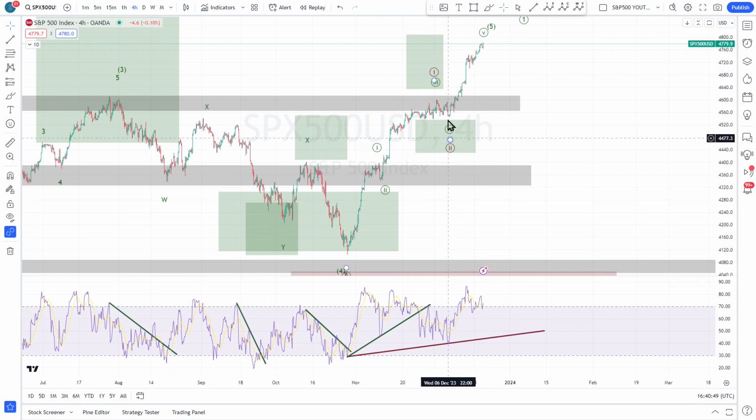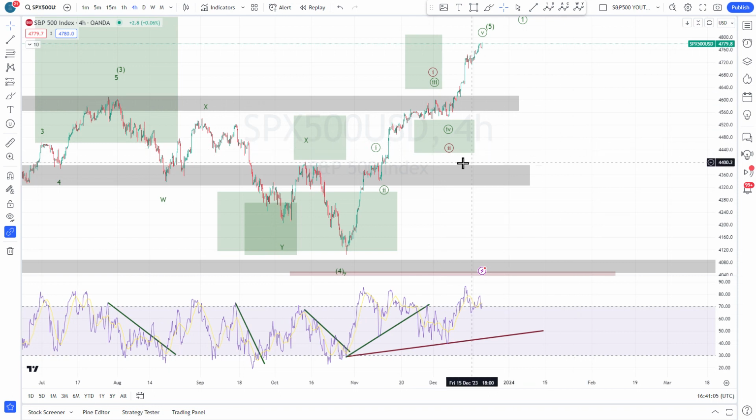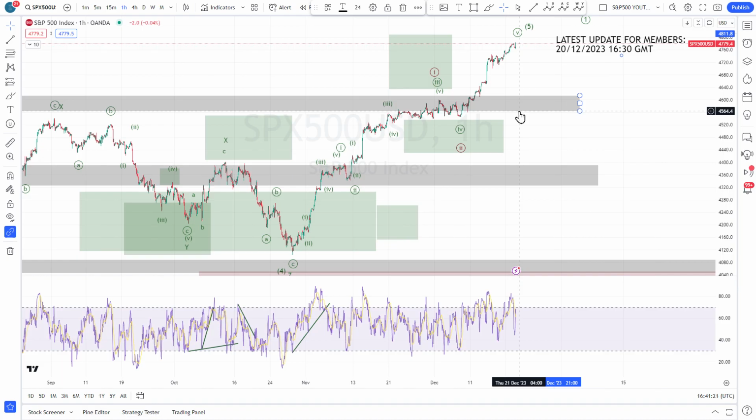So it could be that we started a new cycle from here. I already shared this with you earlier. That would mean that we can have here the scenario in red, where this was a wave 1, wave 2 down, and that we are now working on a wave 3 up. So wave 3 up right here. That's a possibility.